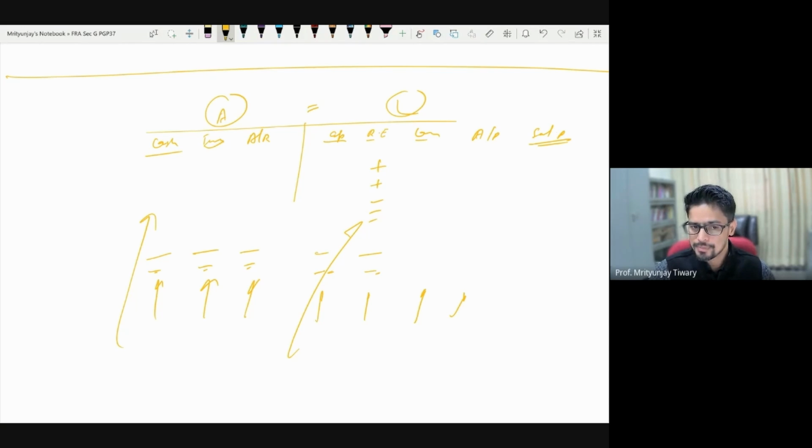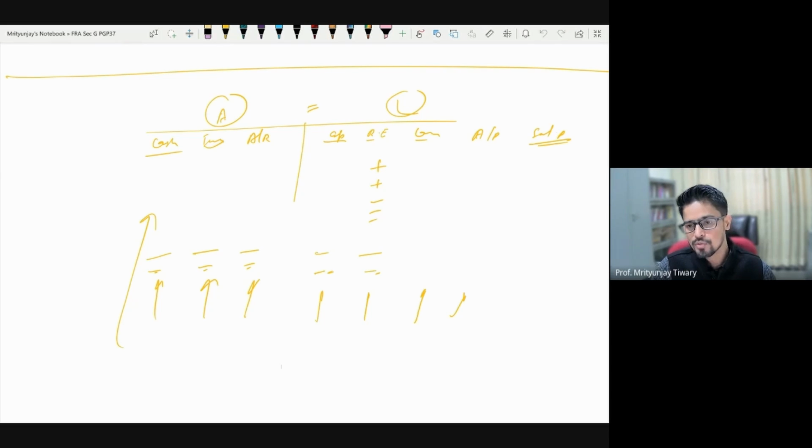It is for this purpose that we have a separate process of formally preparing the financial statements, which we'll be learning in today's class and maybe in the next 2 or 3 classes. The idea is that very neatly we can prepare all the details, we can record everything, and we will summarize a lot of transactions in different spaces. And finally, we have a very neat income statement and balance sheet ready. And this will work irrespective of whether you have 10 transactions in the business or 1 million or 1 trillion transactions.